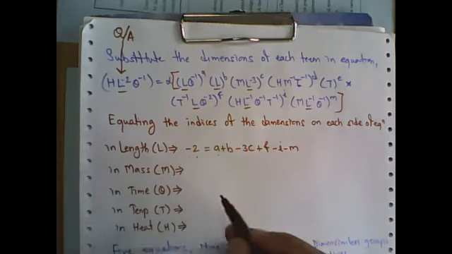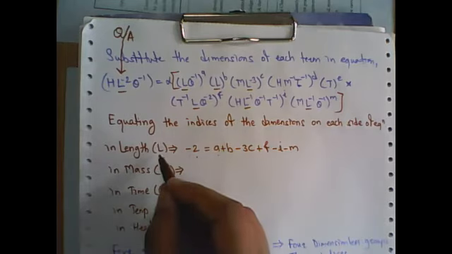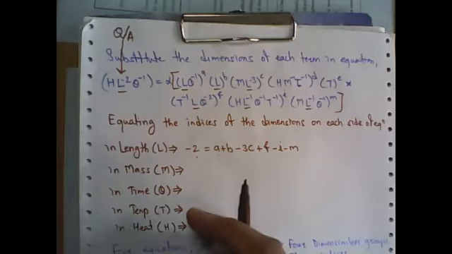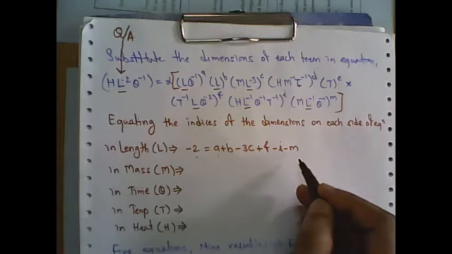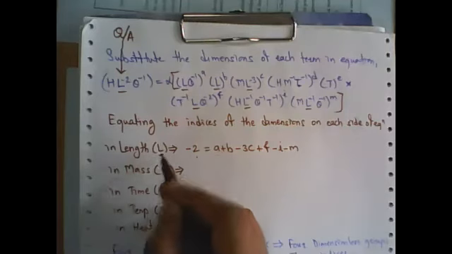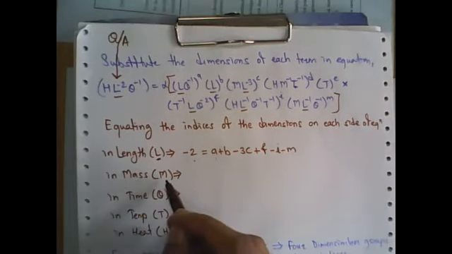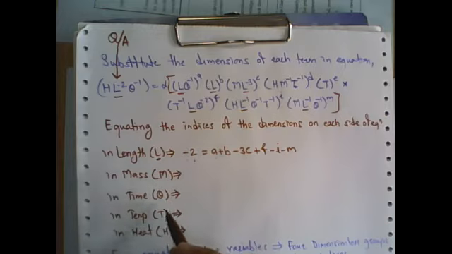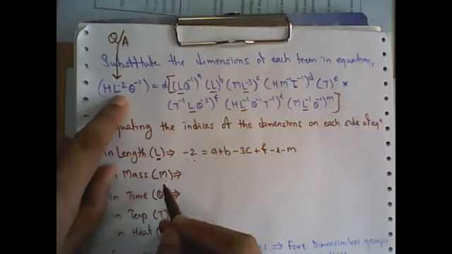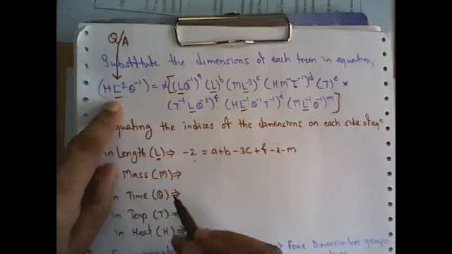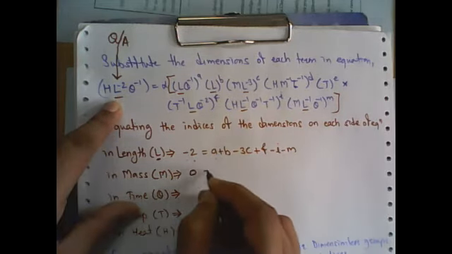So we have to write these indices of a particular dimension from LHS as well as from RHS, and I have written the indices from LHS as well as from RHS for L. In a similar way, we have to observe these indices for mass, theta, that is time, temperature, and heat. So let us check where the M is. In this case, on the left hand side, there is no M, so it should be 0.